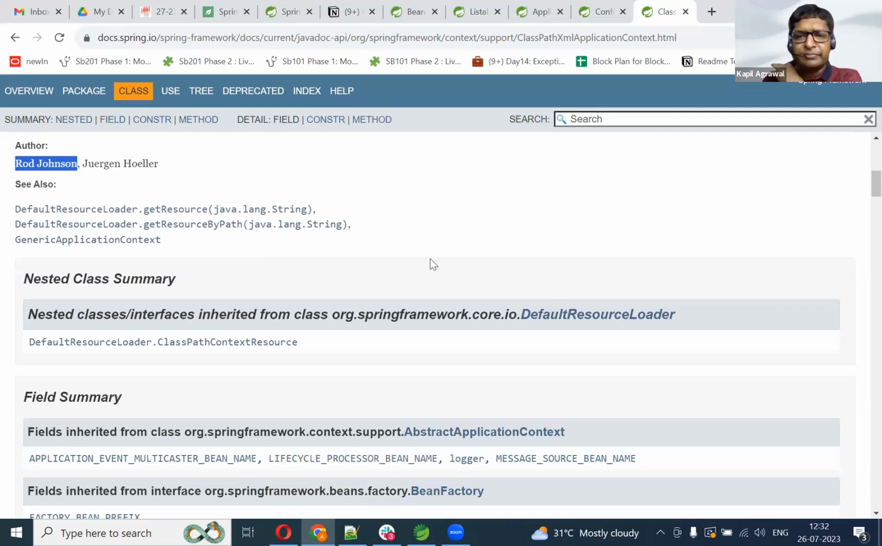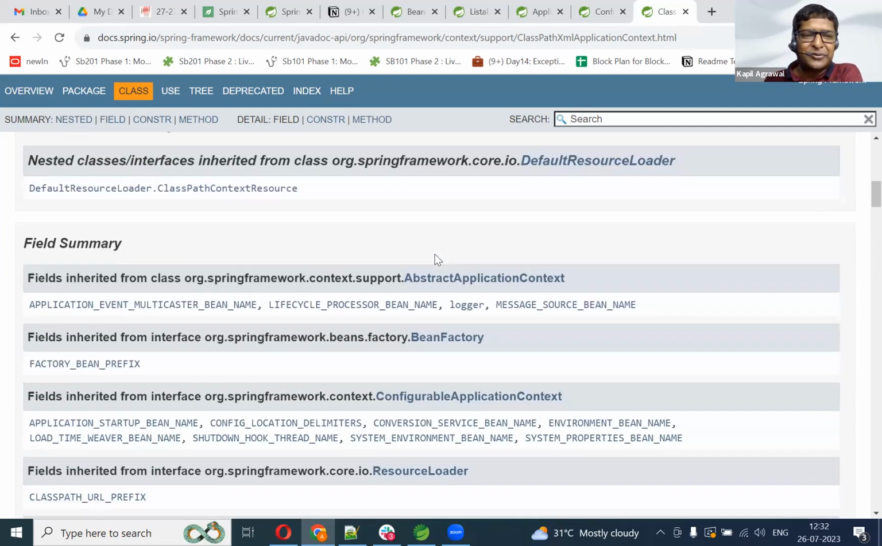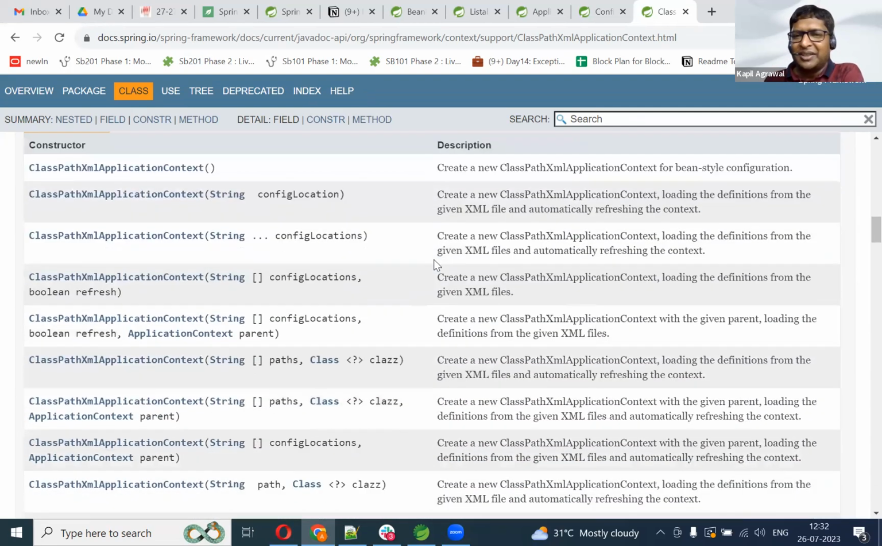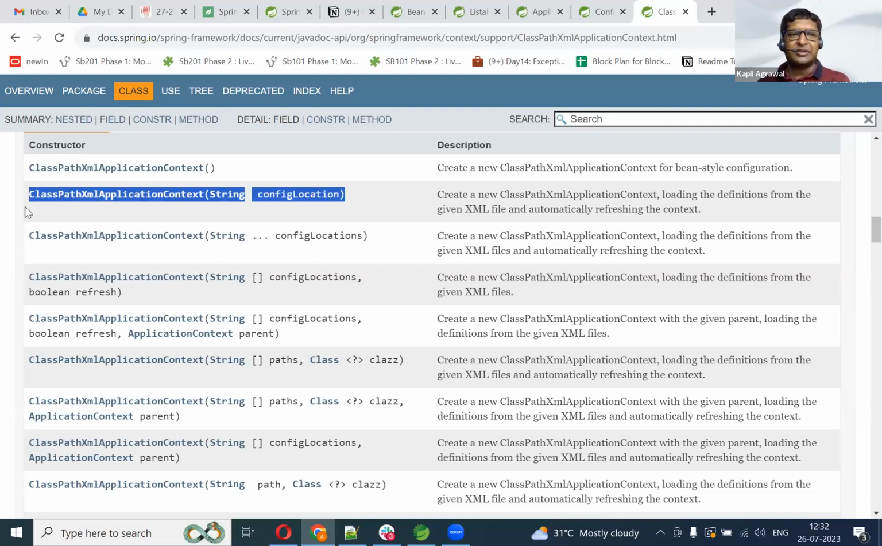Anyone remember this name? Rod Johnson. Rod Johnson is the father of Spring. Keep in mind, if I'm talking about the constructor, you can see that the first constructor available